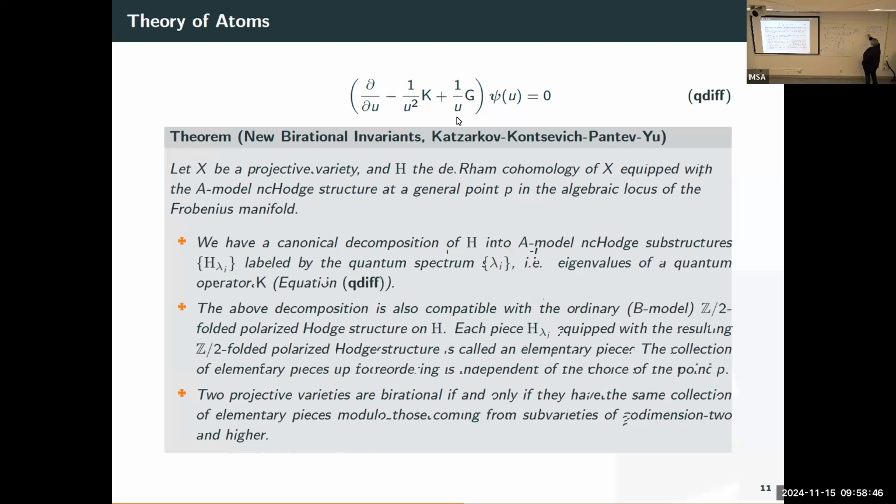So for the three-dimensional cubic, you have 4 algebraic cycles associated with it. That is the base of the Frobenius manifold in this case. And then on these algebraic cycles, the quantum multiplication by K is given by this matrix. And then the matrix G is